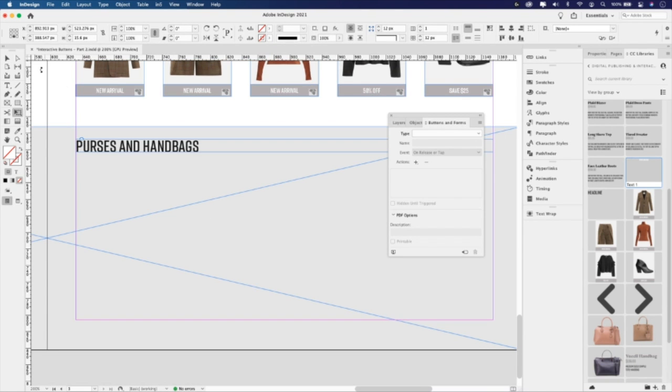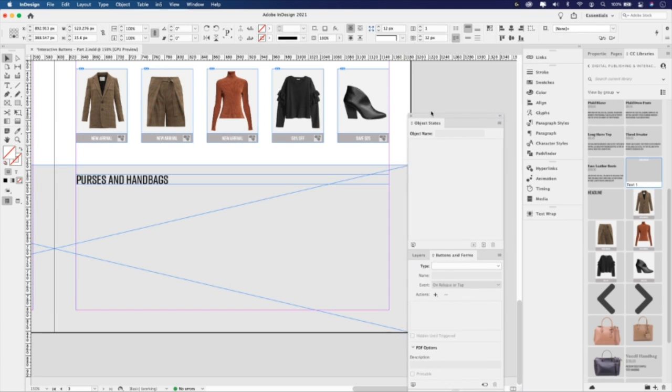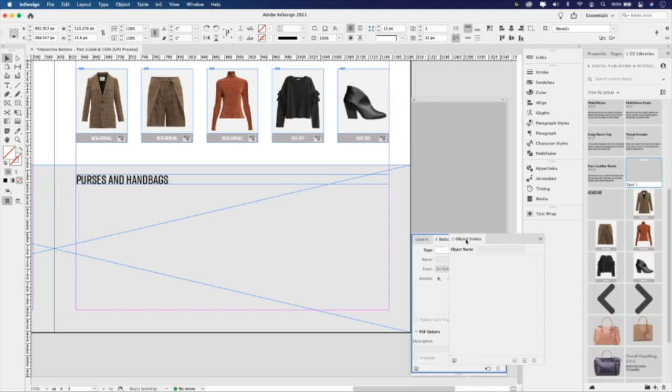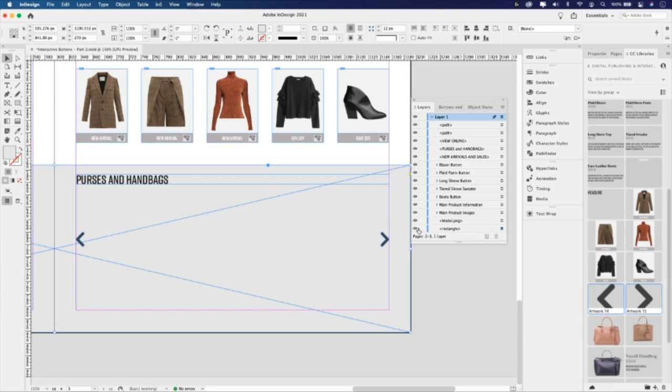So for this, in my CC Libraries copy assets that I've compiled here for you, just move that back in here. You'll notice that I have 2 arrows, a left and a right. So let's bring those both in. Again, drag and drop. Let's move the right one to the right side and the left one to the left side. I'm going to select both and just make sure that they're aligned. I'm going to lock this rectangle so it doesn't get in the way as we're working. So just open your layers panel and lock it.